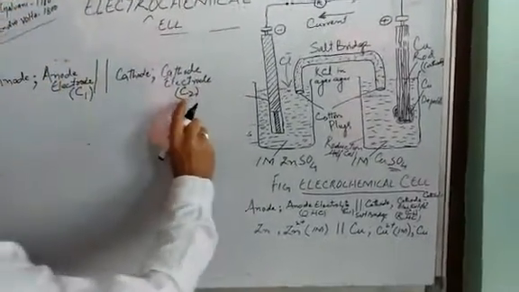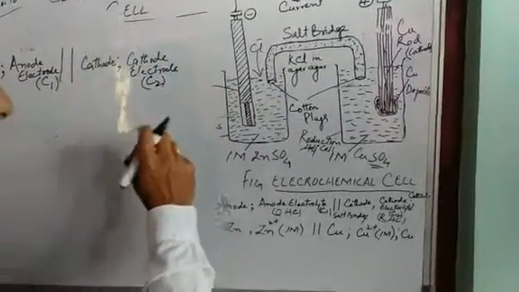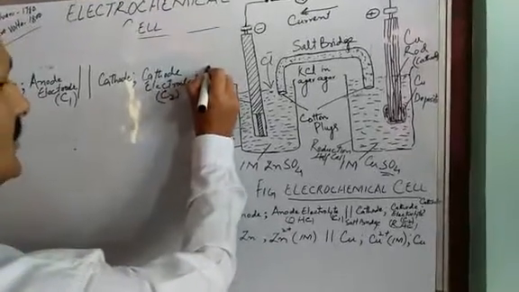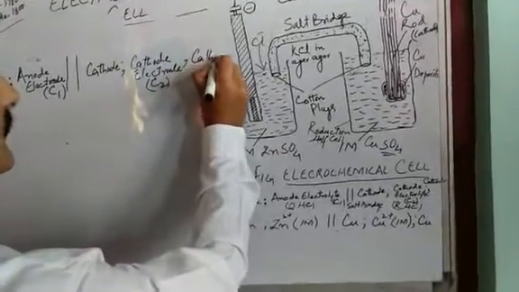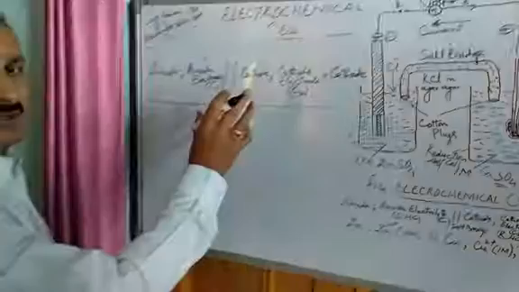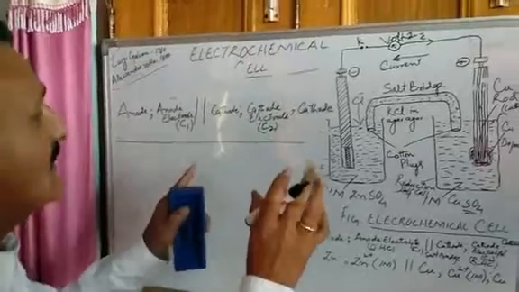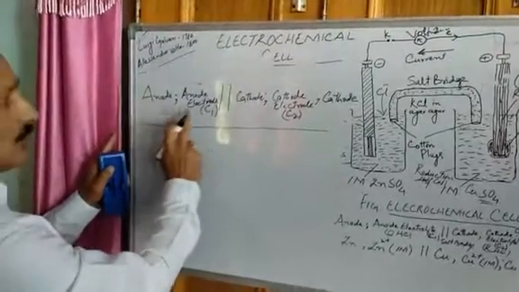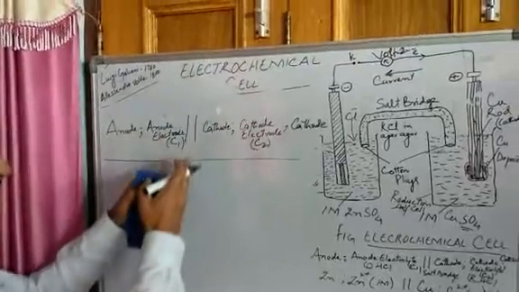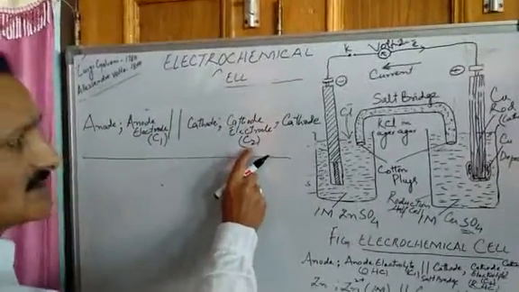C2 means concentration in the second half cell, followed by colon and then cathode. This is how an electrochemical cell is represented: anode, anode electrode, its concentration, then a salt bridge in between, cathode electrode and its concentration, and